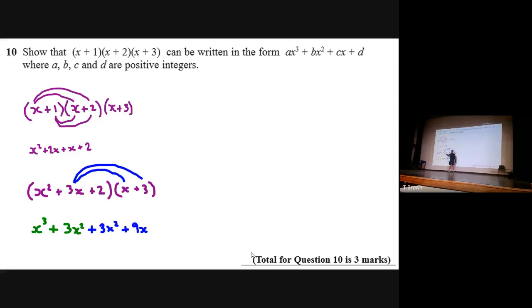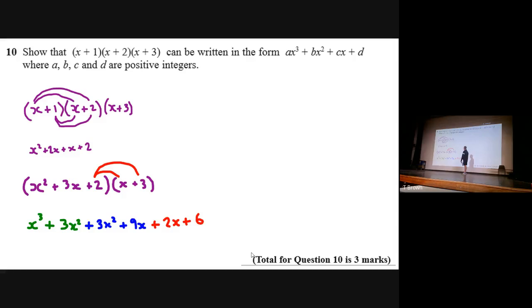Then the 3x is multiplied by the x, and the 3x is multiplied by the 3, and that gives us 3x squared and 9x. And then finally, we've multiplied the 2 by the x and the 2 by the 3, that gives us 2x